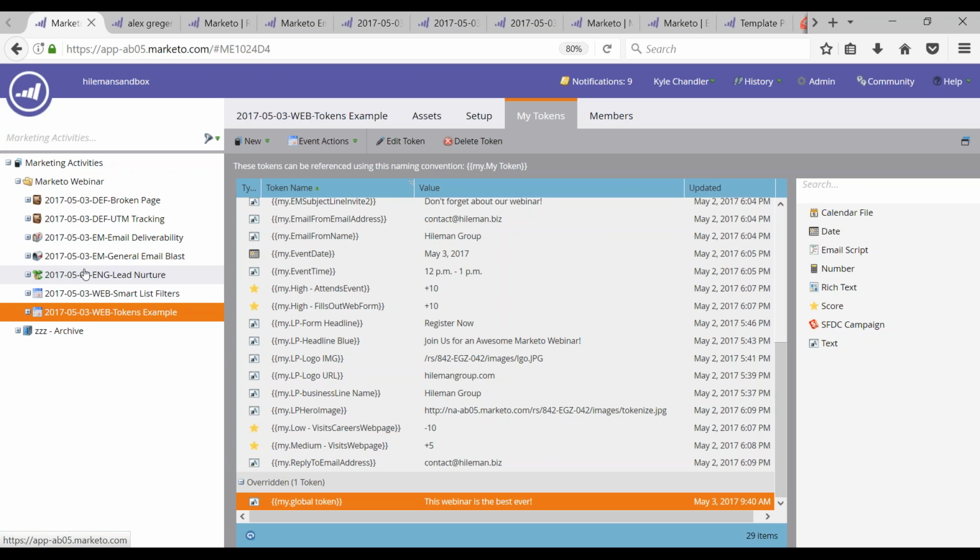So maybe your personas are based on product interest. You have different product lines, and therefore you want to segment your streams by different products. Or maybe you want to speak to a C-level lead or prospect differently than a manager level. Those are areas to think about when building your streams. And then once you have defined those, you want to make sure you're collecting that information